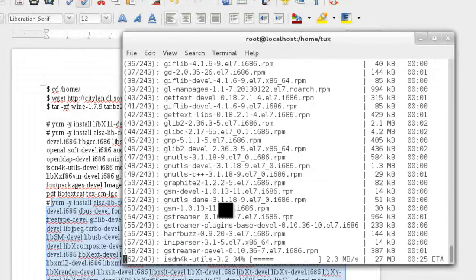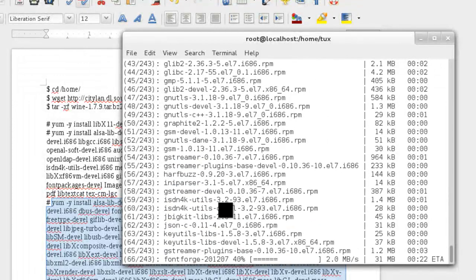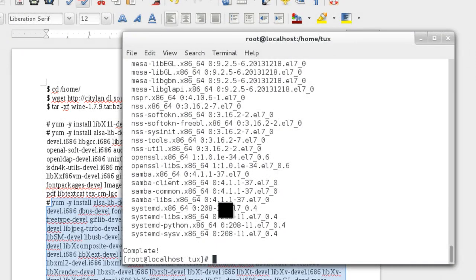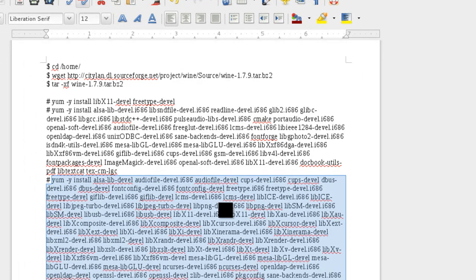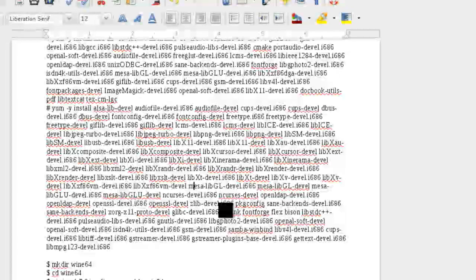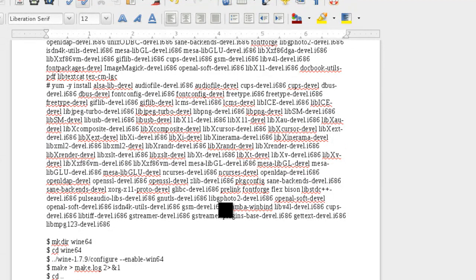Now, if you thought that the wait was long on the other processes, you're going to be a little surprised with making the wine package here. So, I ask you to be very patient with this. Just give it quite a bit of time. Don't panic. I'm going to show you where to check certain things to make sure that it is actually happening, because instead of just running the make command, we're going to do a redirection and make a make log